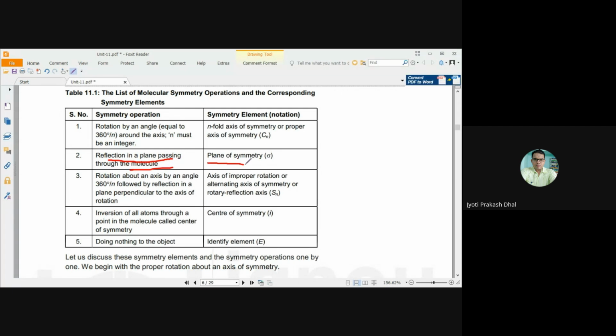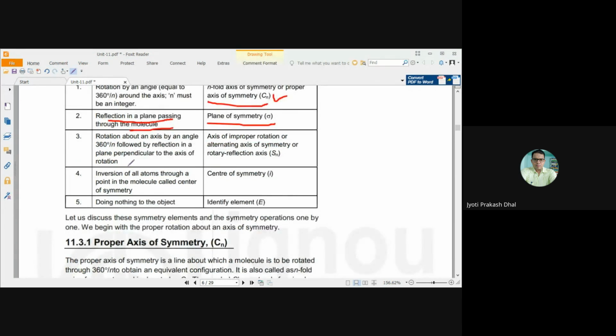So that is called plane of symmetry, sigma. The first one we have discussed is called axis of symmetry, Cn, and the second one is called plane of symmetry, sigma. And then coming to the third one: rotation about an axis by an angle 360 degrees divided by n, followed by